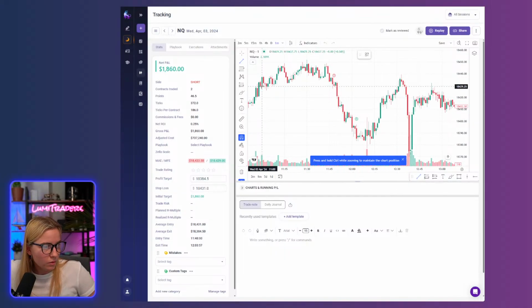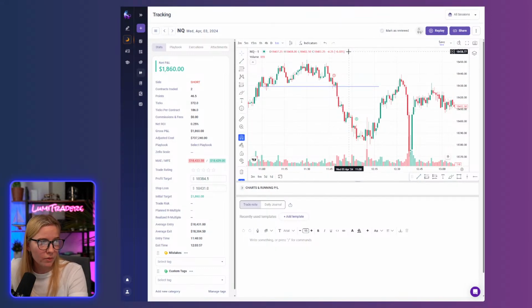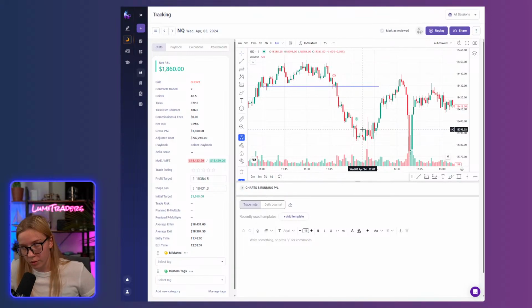So at 11, we got 11 right here. Price traded above 11 a.m. open, so it offered an order block. I shorted based on this order block right here, and it was a 2R trade. See this? Right here, it wasn't an order block. Why? Because this high is higher than this top right here. So the order block was right here. As you can see, it failed to offer an order block right here, continued going higher, and offered an order block right here. So I could execute right here, stop loss right here, 2R.